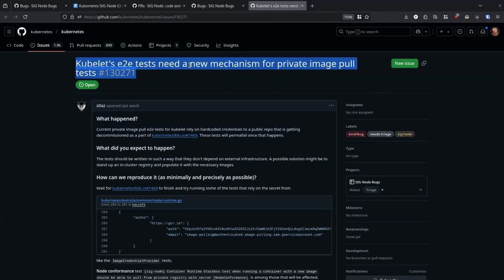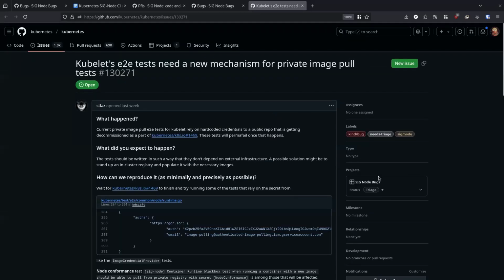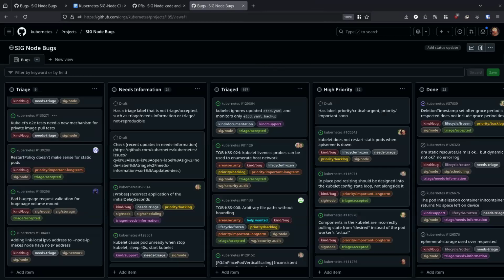The Kubernetes e2e test, a new mechanism for private image pull. This is more of a CI board thing than a bug board. I'm seemingly not able to add it to that project. So I'm going to put it over in my to-do. We should probably just accept that one though, considering the GCR deprecation is happening next month.